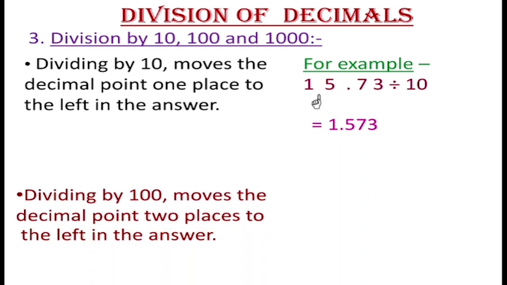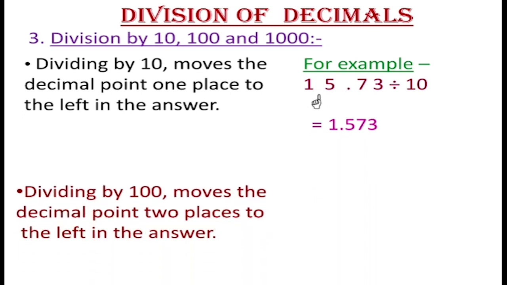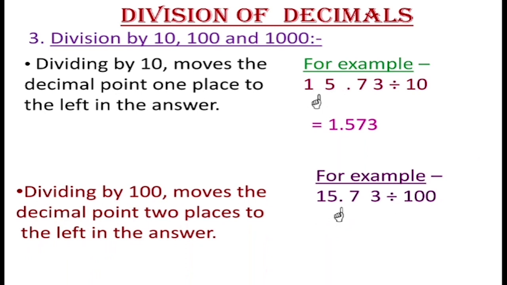1.573. The next one is when a decimal number is divided by 100, it moves the decimal point 2 places to the left in the answer. See here the example, 15.73 is divided by 100. So the decimal point will shift 2 places. So the answer will become